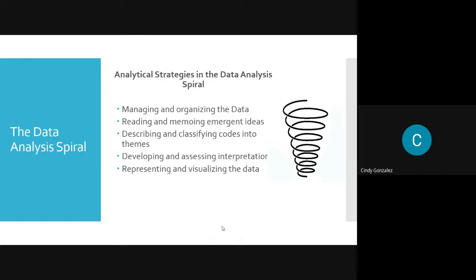It's basically a spiral that loops, almost with a choreographed effect. Everything is interrelated.